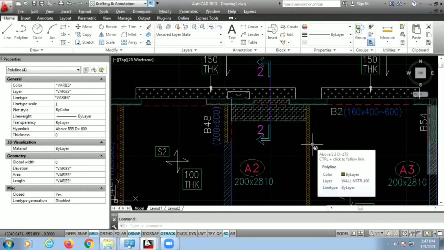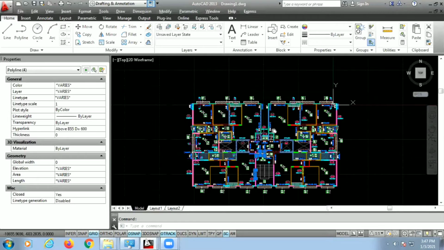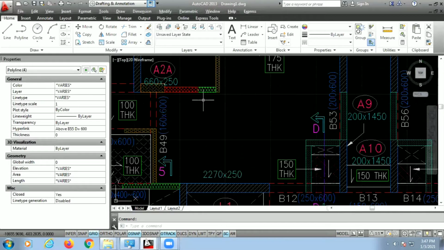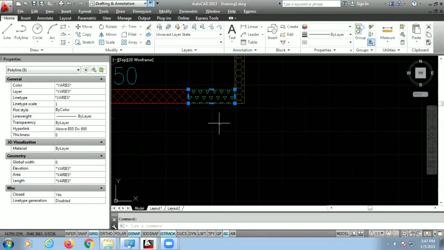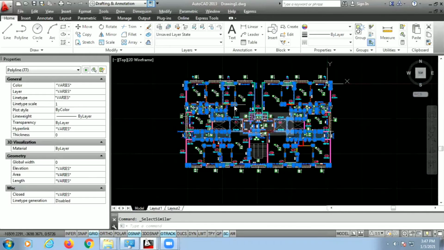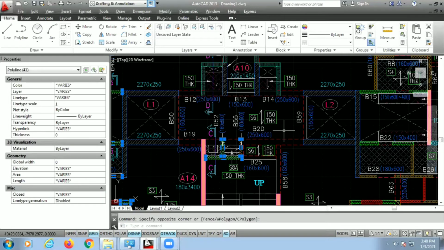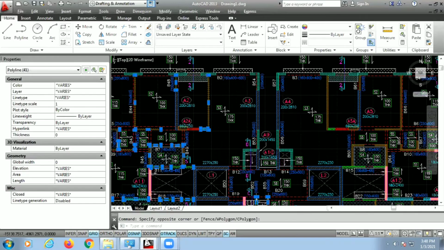Can you see this? One hyperlink symbol has appeared on each and every wall. So now what we will do is click on this and press select similar. Each and every wall is selected, but I don't want this half side of the building. So I will press shift and deselect them all. Now as you can see, what all things I need has been selected.